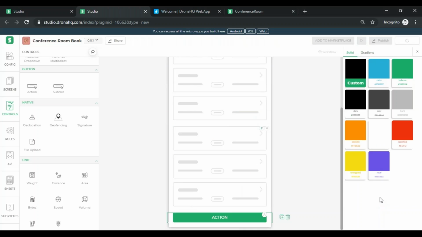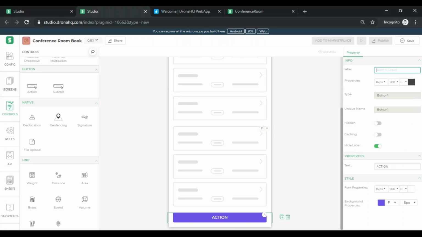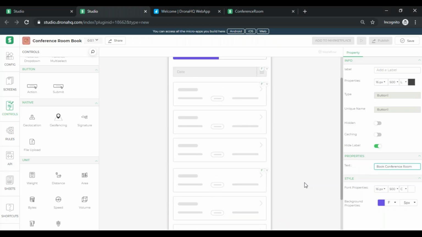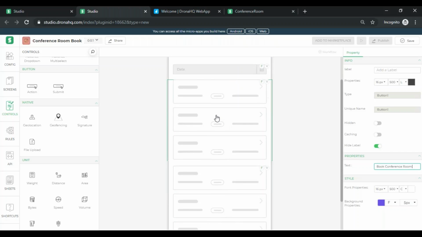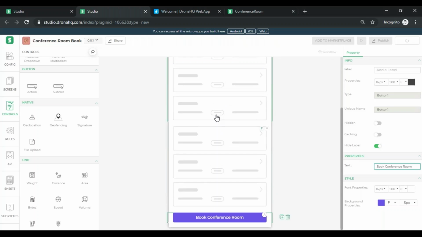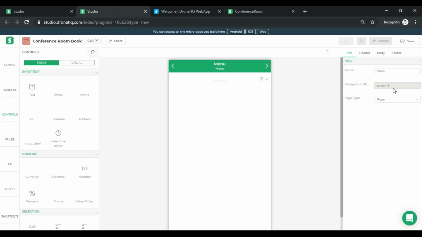We'll also change the color over here, and what the text says on this button, it should say book conference room, and that is done. This page is ready. We don't need a workflow in this scenario as there is no actual data being submitted. You can see when I refreshed it, it changed the screen that we were looking at. It took me to the home screen, and that is alright, as the next screen that we'll be working on